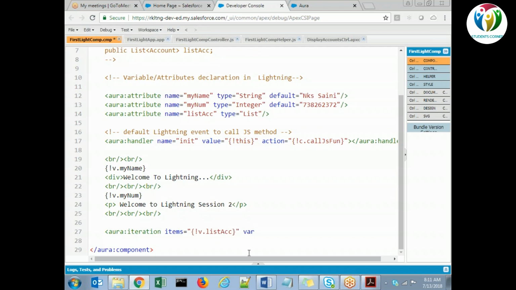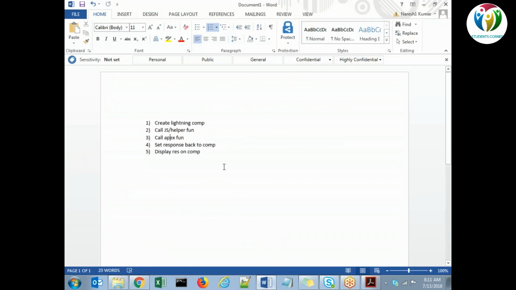Let me put an alert: getting value or response from variable, plus component dot get, v dot this variable name. Let me alert this. So it should show this Naresh Sani. Calling JS function, you got the response, and the remaining things will be as is.